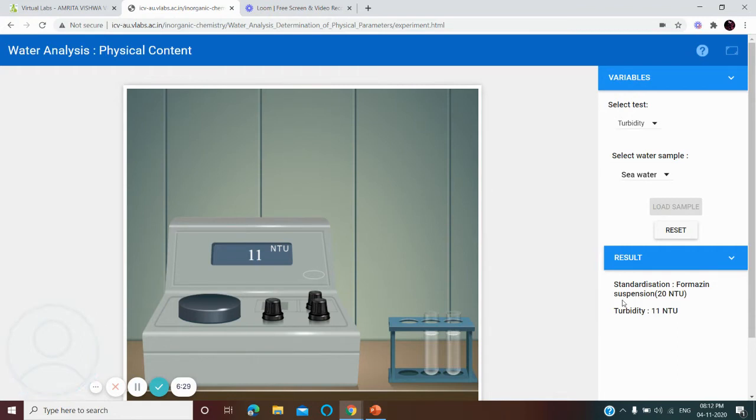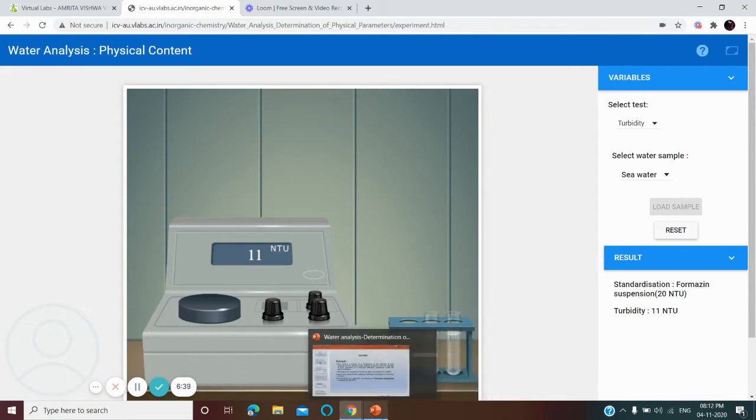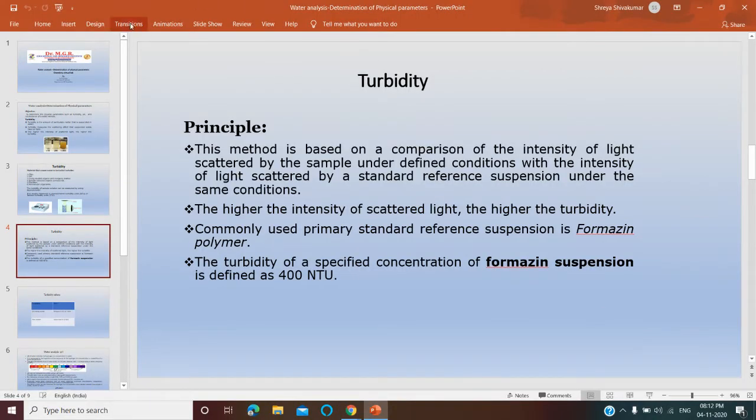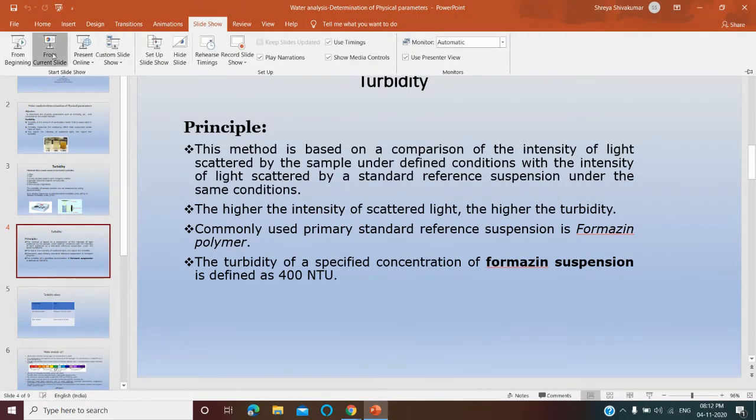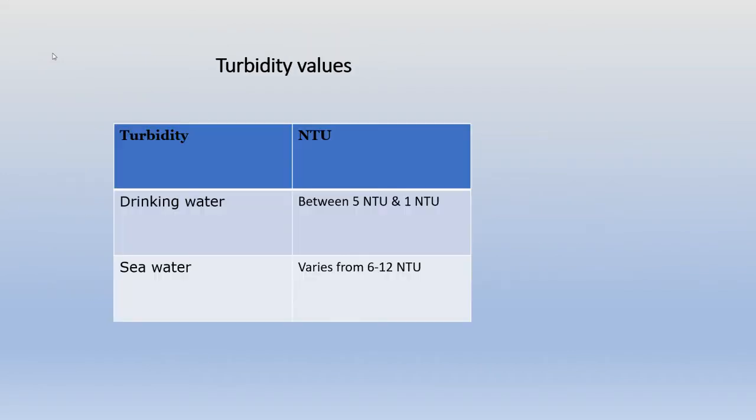So in the result you can see that turbidity is 11 NTU. I am calculating the values in a tabular column. You can see that for drinking water, the turbidity value is between 1 NTU and 5 NTU, and sea water varies from 6 to 12 NTU.